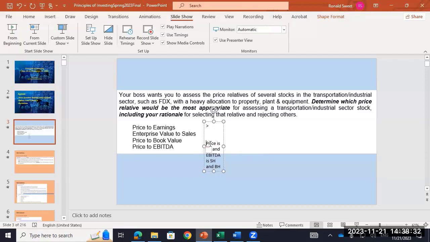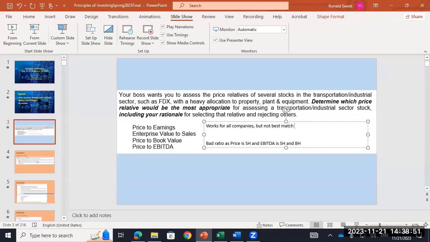So, ratio, something along those lines. Price to earnings works for all companies, but it's not the best match to this industry. Probably better, even tech doesn't usually use price to earnings. They more likely use the EV to EBITDA, but price to earnings, yeah, you can do price to earnings for